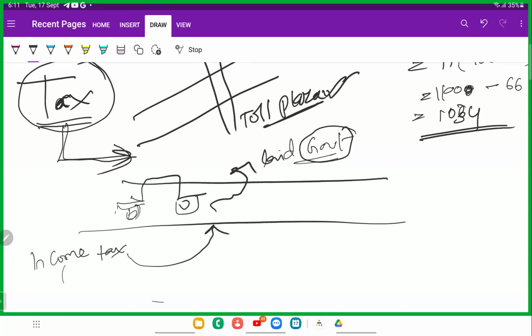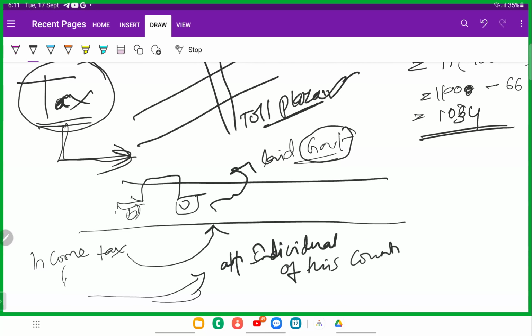From whose income is it collected? From all the individuals of this country. So taxes are collected in various forms. Suppose I, being a student, how am I paying tax to the country? If I purchase paper, suppose I want to make notes,